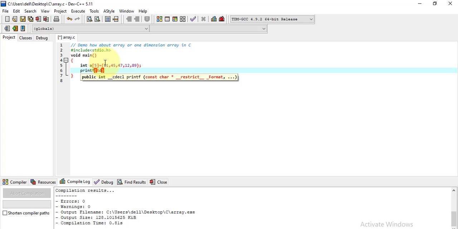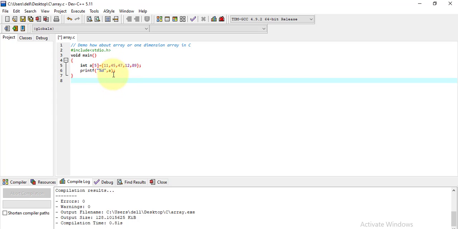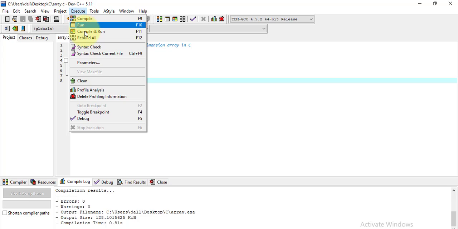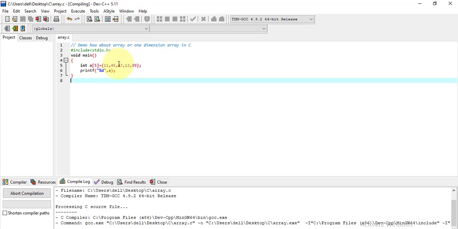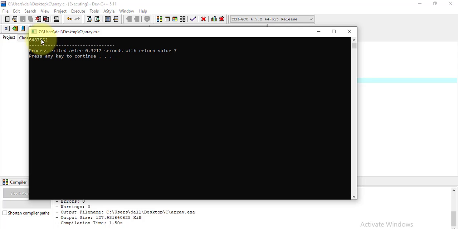This format has to be written within double quotes, so %d, and if I write here a, what is it going to display, as we have done in the previous case of a variable. So save your changes, go to the execute menu, choose compile and run, and it is showing me